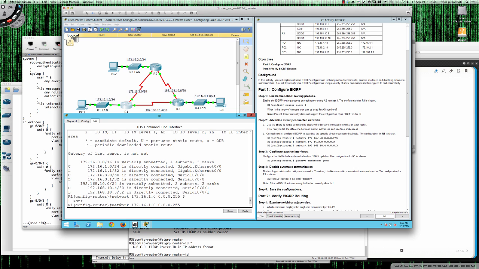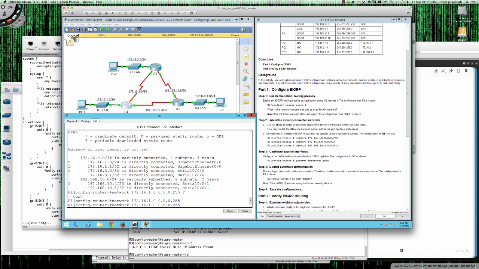Now you'll notice when I do a question mark, see there is no area here either. So OSPF and EIGRP, while their purpose is the same, which is to route packets, their configuration syntax and the way that they're set up is very different, and so that's something to keep in mind while we're going through here. So we're going to advertise 172.16.1.0,